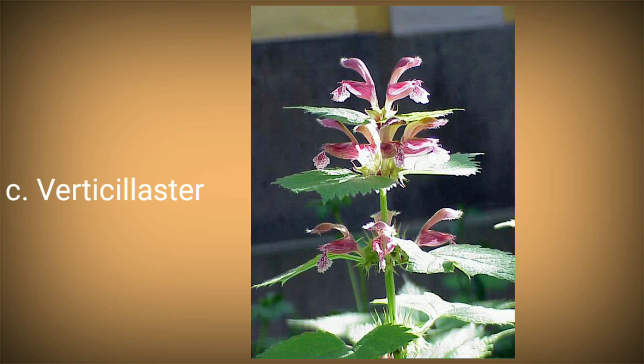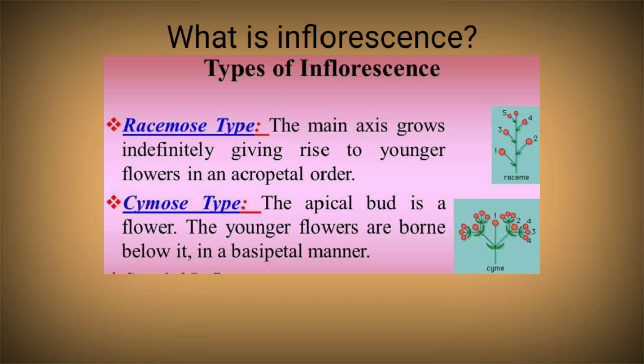So in case of these three types, there are some special qualities of the racemose or the cymose inflorescence, and for that they take a different pattern of formation of the flowers over the stem axis, and therefore they are regarded as the special type of inflorescence. So in today's class we discussed what is inflorescence, the types of inflorescence, that is the racemose inflorescence, cymose inflorescence, and the special types of inflorescence.